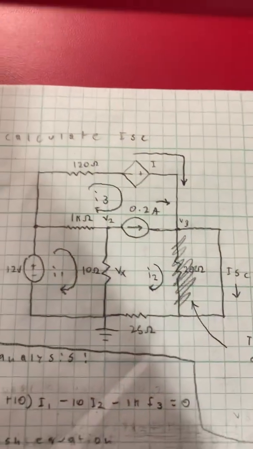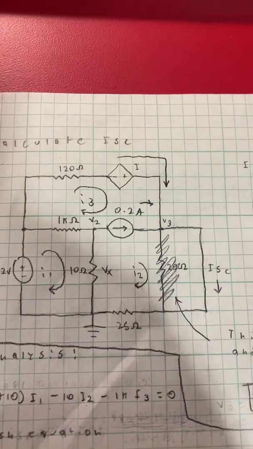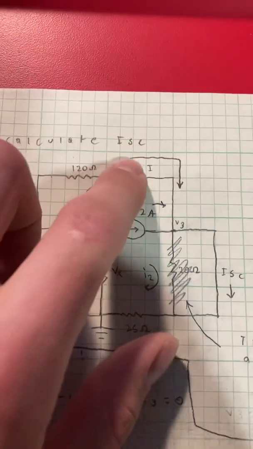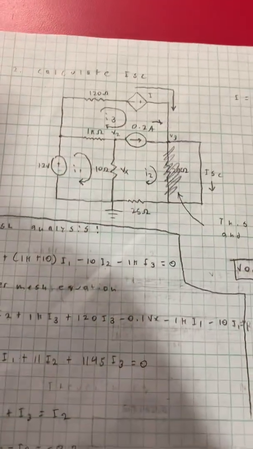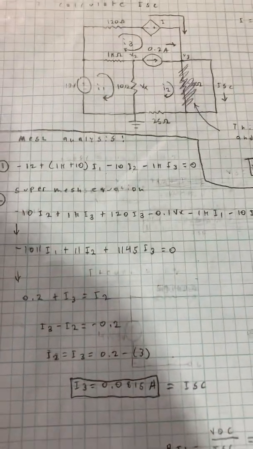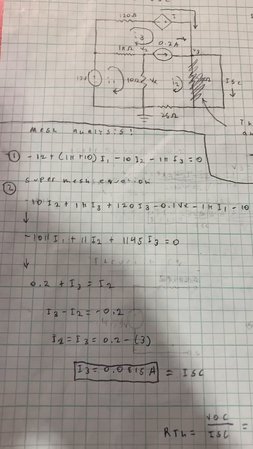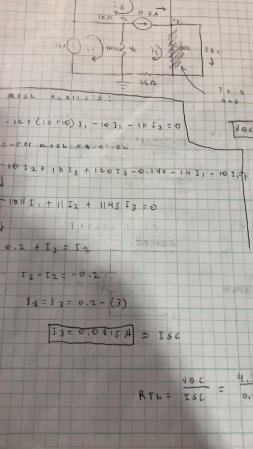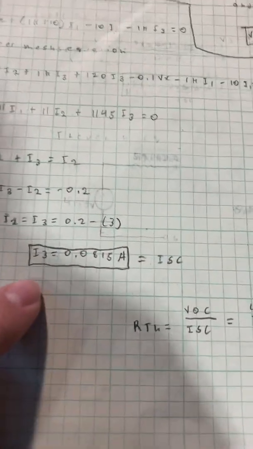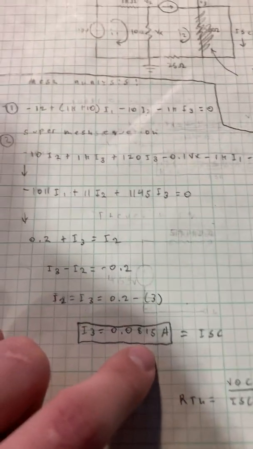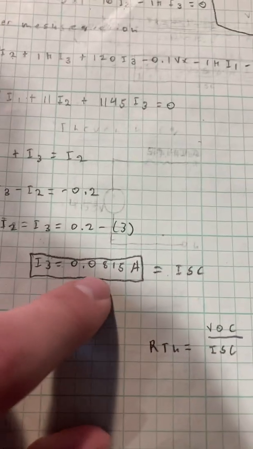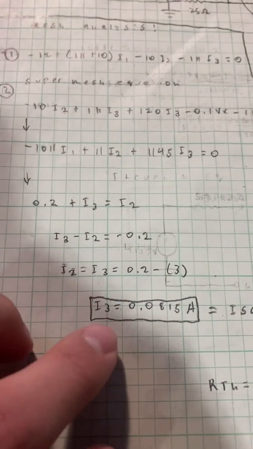Now the next step is to find ISC. I say find ISC, which is current short circuit, because there is a dependent source in the circuit. Now the way I found to do this was the mesh current analysis method. You can really use any other method to find ISC, but this was the one that worked well for me. Now using the mesh current method, I found that ISC was equal to I3, that current there. ISC is equal to I3, or